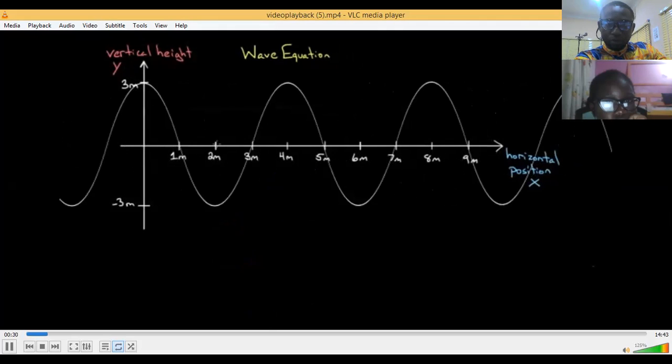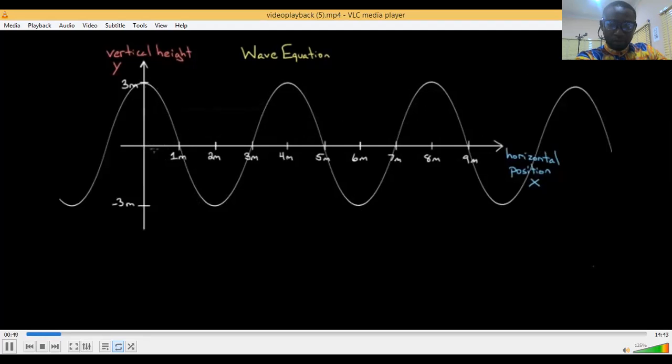Now, realistic water waves on an ocean don't really look like this, but this is the mathematically simplest wave you could describe. So we're going to start with this simple one as a starting point. So let's say this is your wave. You go walk out on the pier and stand at this point, and at the point right in front of you, you see that the water height is high, and then 1 meter to the right of you,